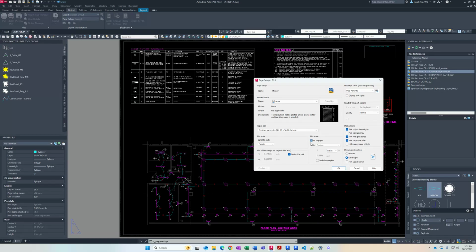Make sure that fit to paper is unselected. Your scale should be 1:1 always. What to plot, typically we've been trying to plot layout, and you will then want to make sure under plot options you have plot object line weights checked, plot transparency can be unchecked, the next two, plot with plot styles checked, plot paper space last checked, hide paper space objects unchecked. So what you see here would be what you would want to print. Say OK,